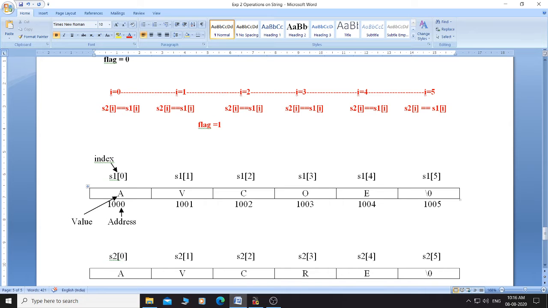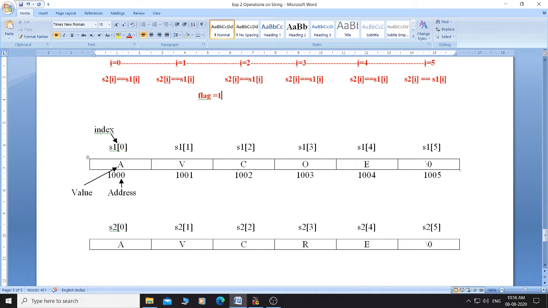At that character we stop the comparison, because as we have found a different character, there is no need to check further characters. If this is O and this is R, they are different, so we don't need to check the remaining part of the string.